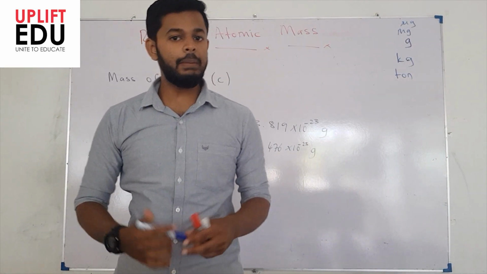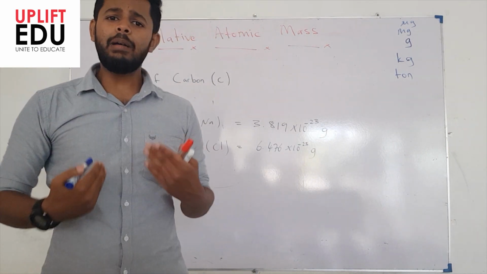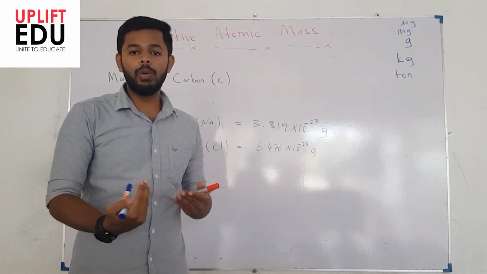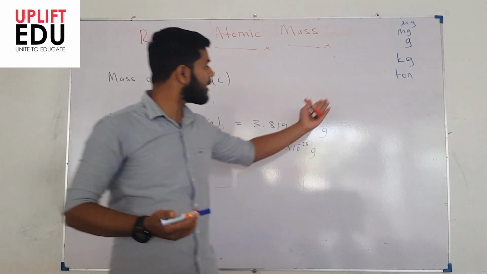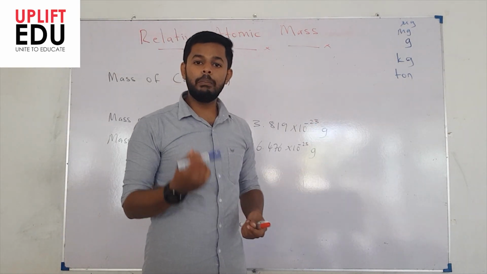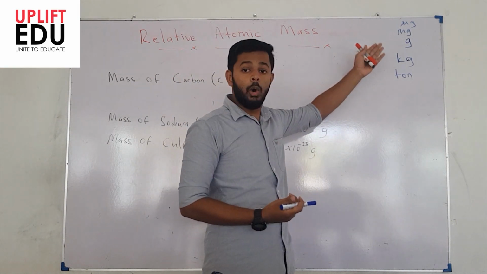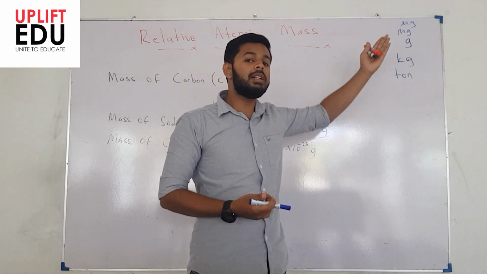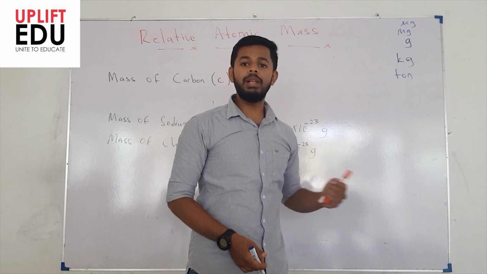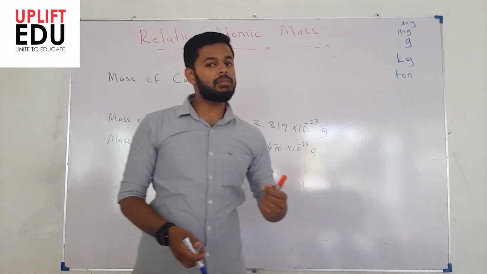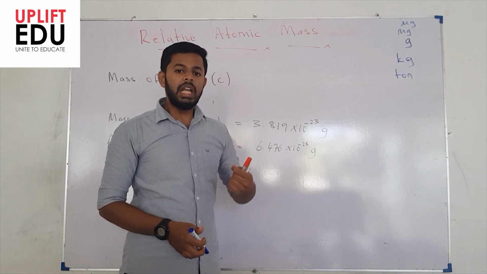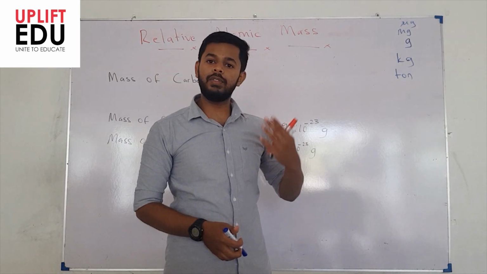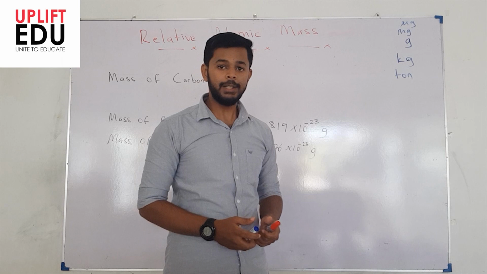For example, if we measure the mass of a human, it comes to about 60 to 70 kilograms. When we measure the mass of a container, we measure using tons. When we measure some medicine, it comes in milligrams or micrograms and even smaller than that. But similarly, we know we deal with atoms and molecules, and they also have a certain mass. What is the unit we are going to use to measure the mass of these atoms and molecules?